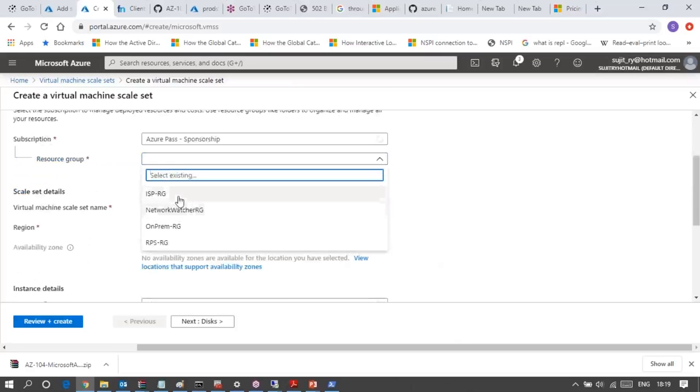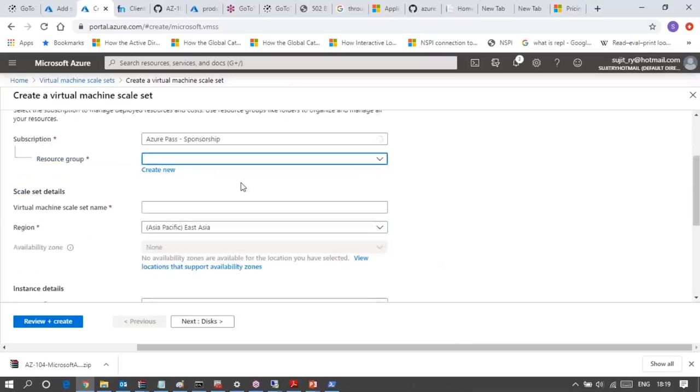Choose your resource group where you want to create it.